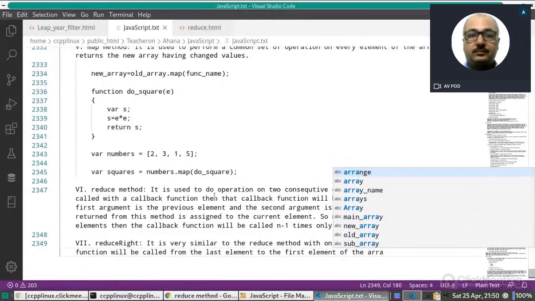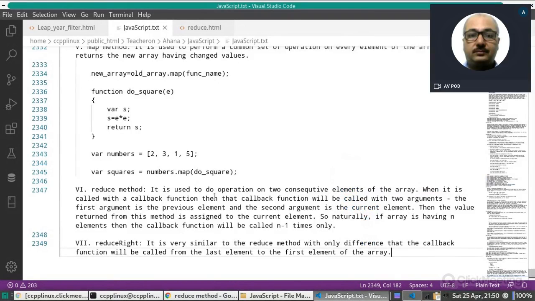This is the only difference. Otherwise, everything is the same.